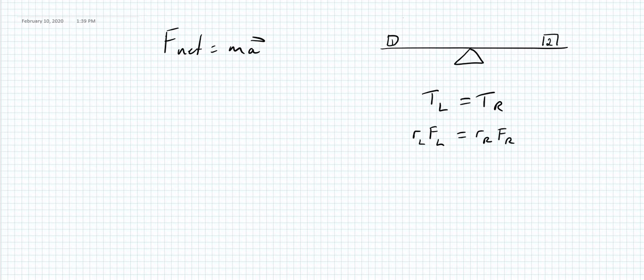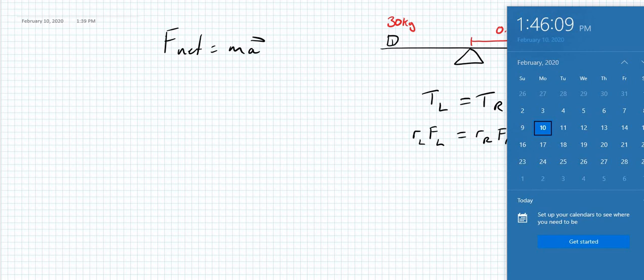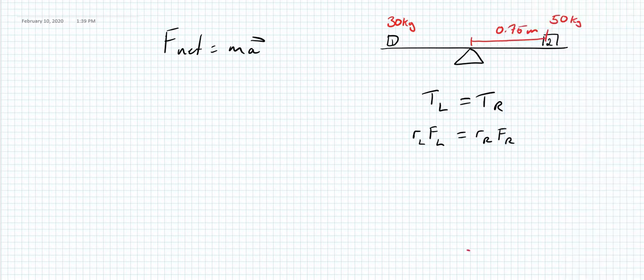Okay? So if I now just quickly add numbers to this, let's say our object on the right is 50 kilograms and our object on the left is 30 kilograms, and let's say that our object on the right is 75 centimeters or 0.75 meters from the fulcrum. The question is, how far from the fulcrum does the left object need to be in order to keep this balanced? So if we apply that to our equation, we're solving for R_L, which means